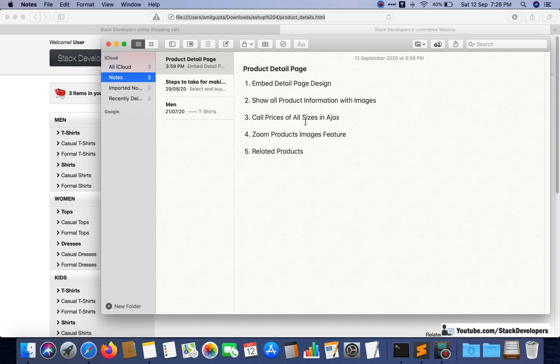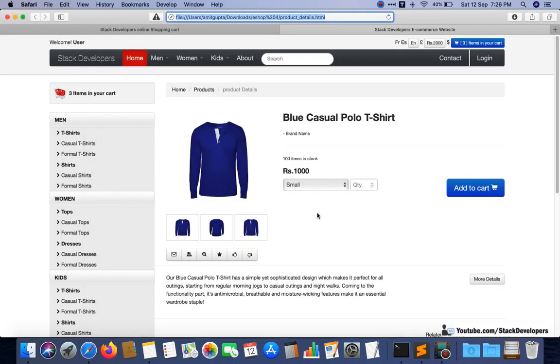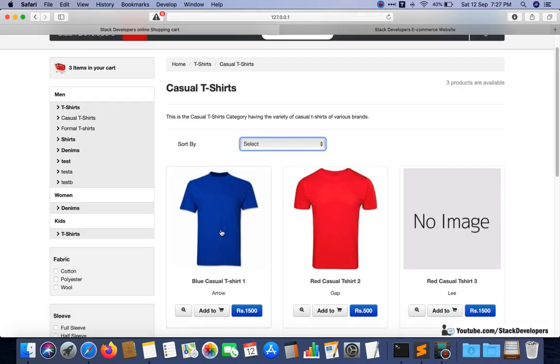The second is to show all product information with images. We are going to show these images as well, and the product details as well. If we click on any of the products, its detail page will open. Like if I click on this product from here or here, then the blue casual t-shirt details will come.